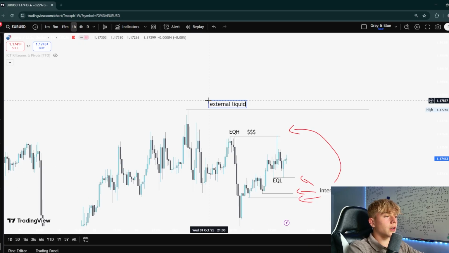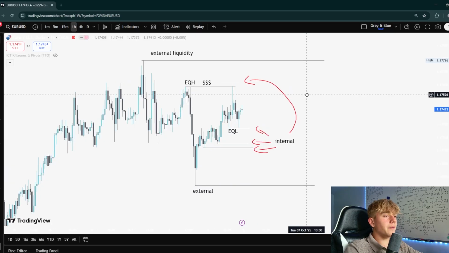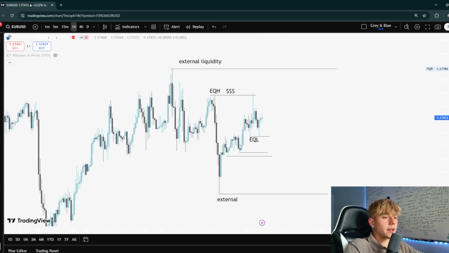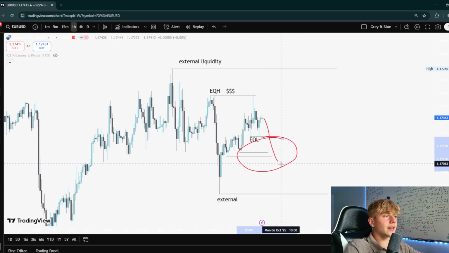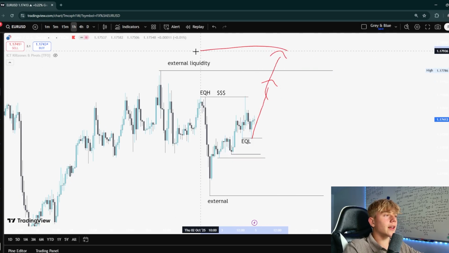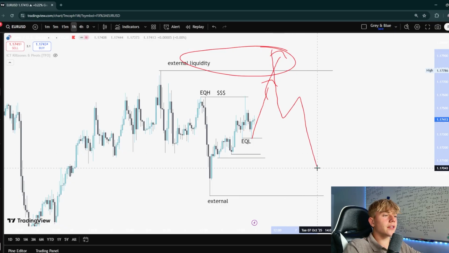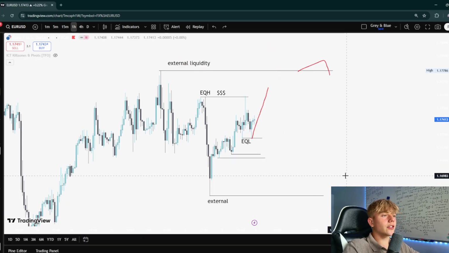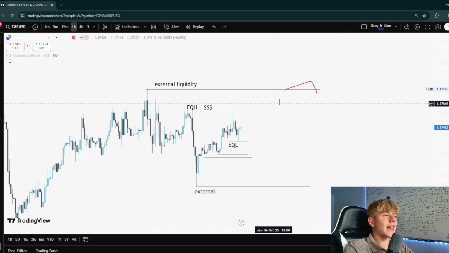our external liquidity. So what could price be doing? If price always likes to go and seek liquidity, let's try and figure out what price could do. Price could break above or maybe break below these lows, sweep out all this resting liquidity, and then use this to push up even higher. Price could also break above these equal highs and then maybe even push up above this external liquidity, sweep this external liquidity, and then use this to fuel and sweep out these equal lows and maybe even get to this external liquidity down here. So this is just how you can use external and internal liquidity together in harmony in